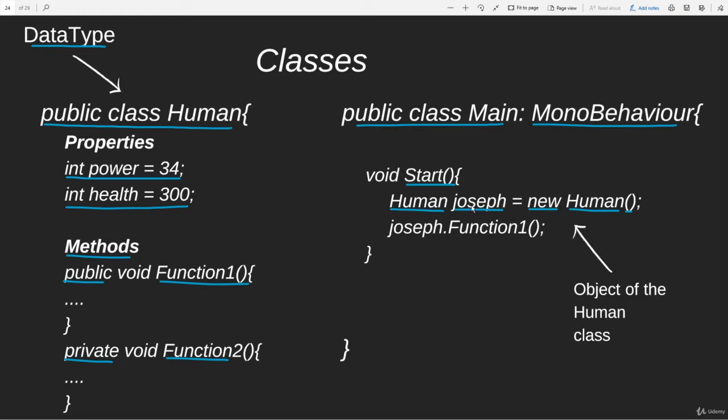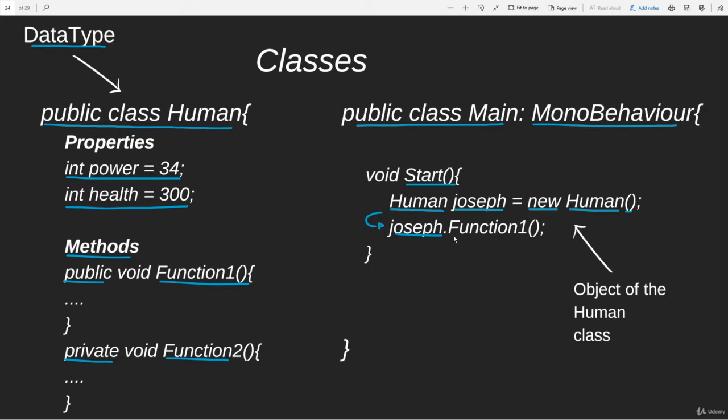So an object of a class is just a variable of the type of that class that holds an object of that class. So here we actually created a variable Joseph of type Human, and now what we can do is just say Joseph. We can type the name of the variable, and then we can use the dot punctuation. So we can place a dot, and after the dot we can get access to any public